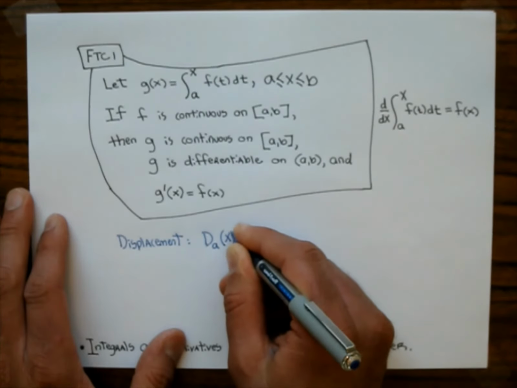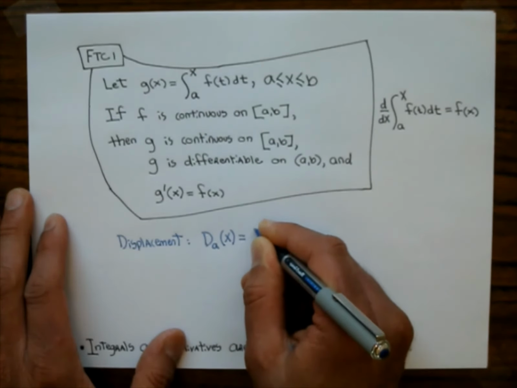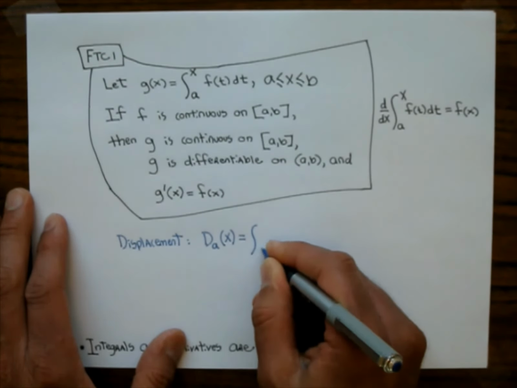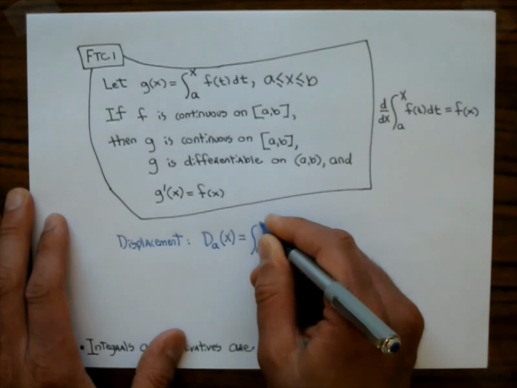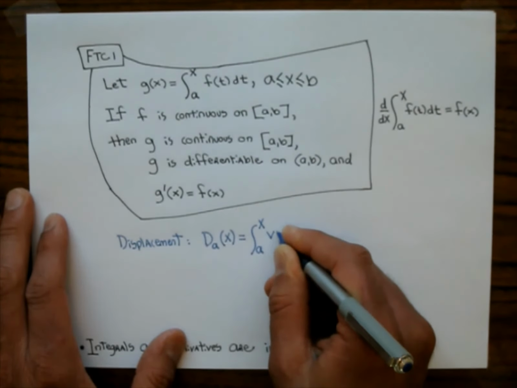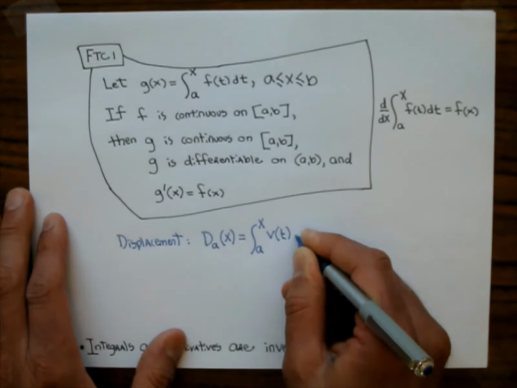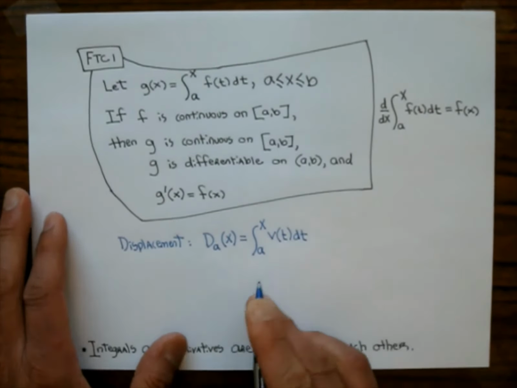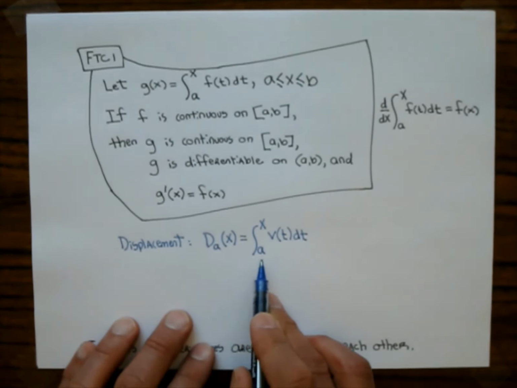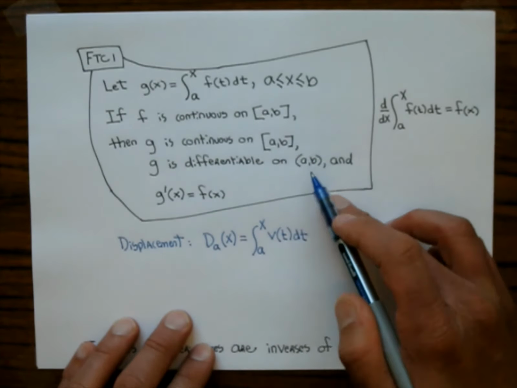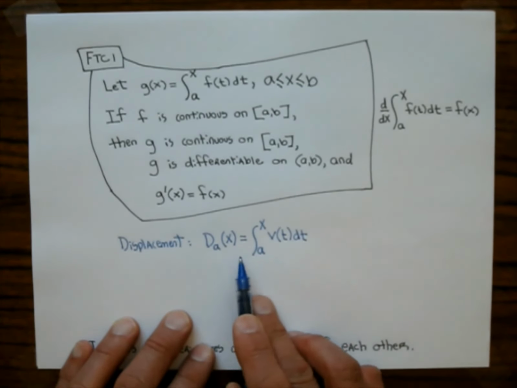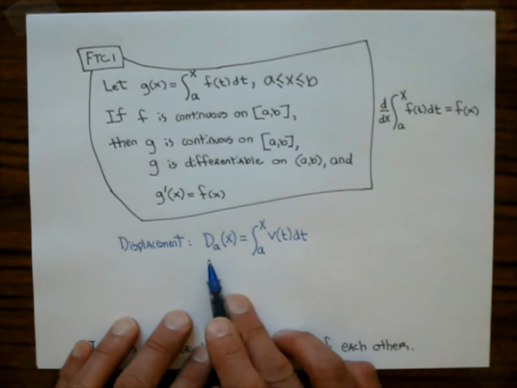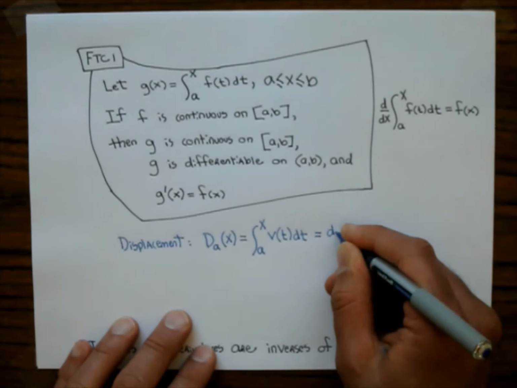This equals the integral from A to x of the velocity function. And I know that looks very confusing, and maybe you said you were going to try to explain this so we understood this. This is something we never gave to you because we didn't really need to, but now I'm going to. What is this really? This is the displacement